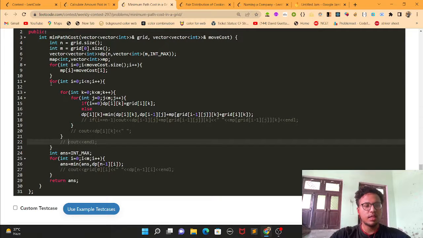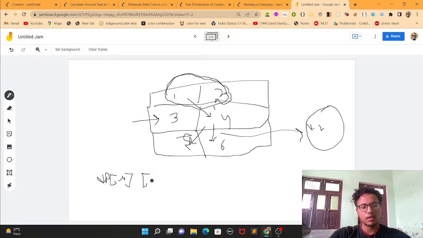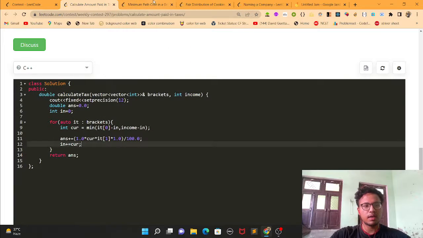In this, I have iterated over the whole grid, and I have visited all the columns of the previous row. So if I am in this row, then I have visited all the previous columns of the previous row, and here dp of i comma j basically represents the minimum cost to reach this index. So what I am trying to say is that